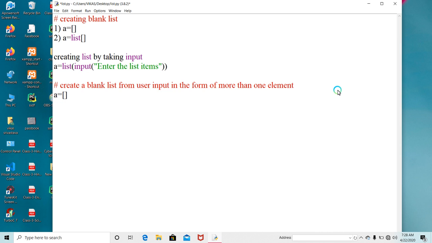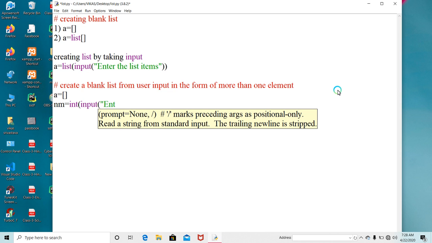Otherwise I may ask to use a number of times input: enter the number of times you want to enter records in the list.